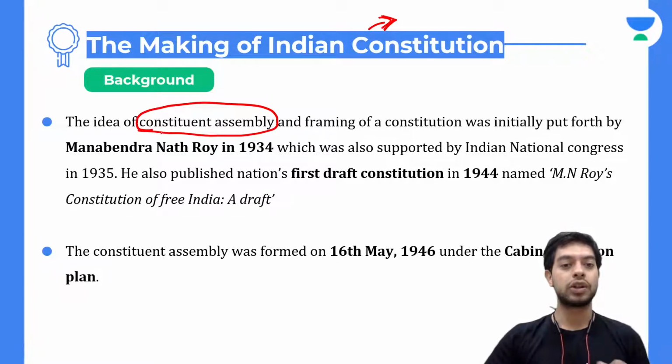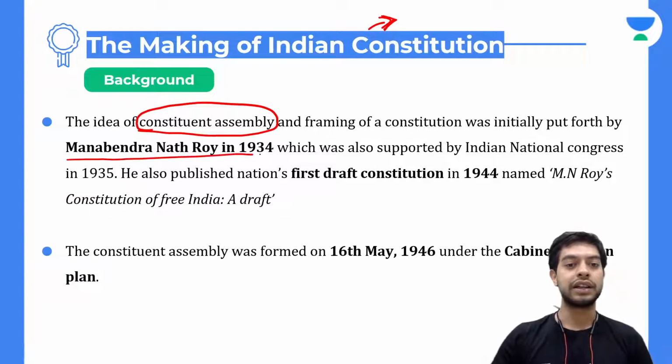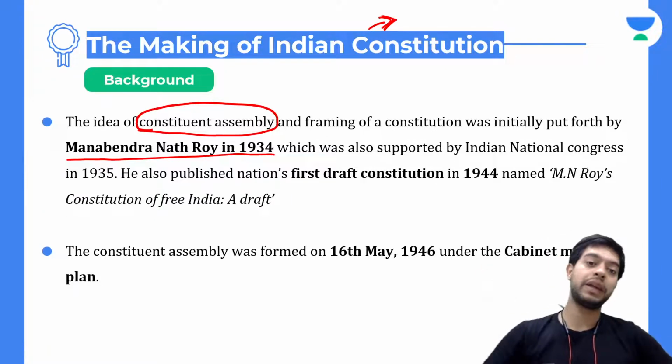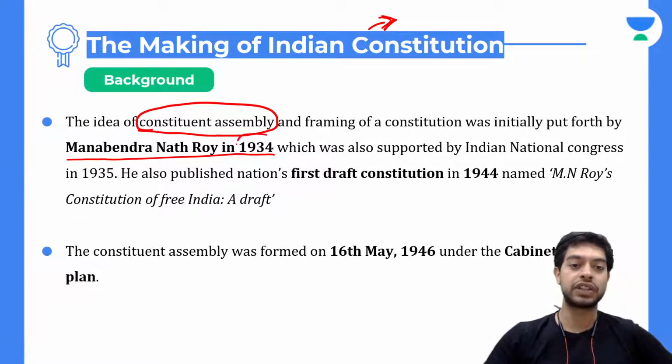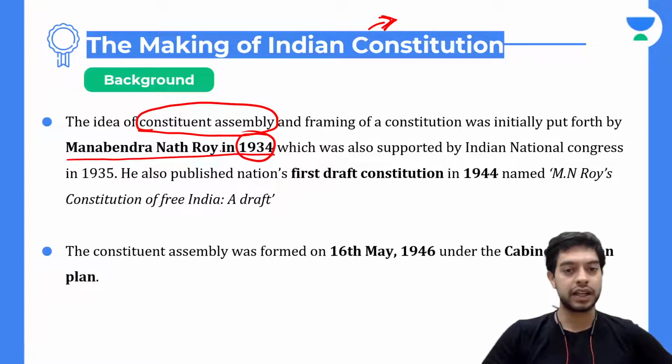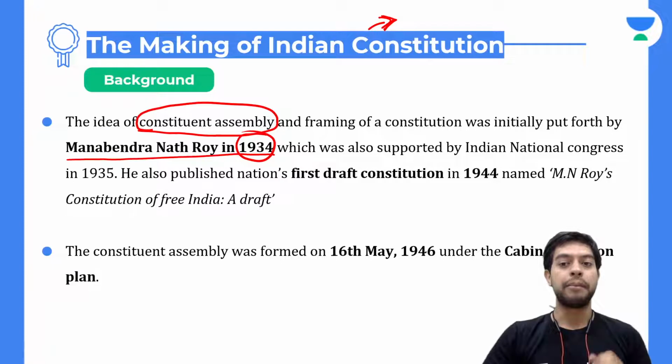So the idea of Constituent Assembly and framing of a constitution was initially put forth by M.N. Roy in 1934. 1934 में मानवेंद्र नाथ रॉय, who was a communist leader and also who was not from Indian National Congress, he was a communist leader. इन्होंने 1934 में ही कह दिया था कि एक कॉन्स्टिट्यूएंट असेंबली होनी चाहिए जो कॉन्स्टिट्यूशन ऑफ इंडिया बनाए. In 1934, first time, the idea of making a constitution and a constituent assembly was given